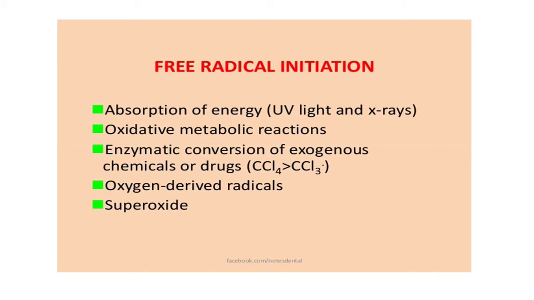So we talked about this chemistry thing, atomic covalent bonding and ionic bonding and all those things. We didn't go into details on that. So free radicals, for example: absorption of energy, UV light and X-rays. Excessive X-rays kill a lot of cells, because one X-ray kills thousands of cells, because we are supposed to have proper imaging. But the body is able to replicate itself, the cells are able to replicate themselves, so we don't see it. Oxidative metabolic reactions.